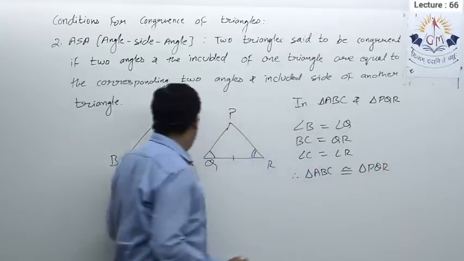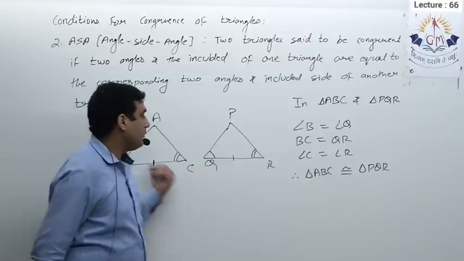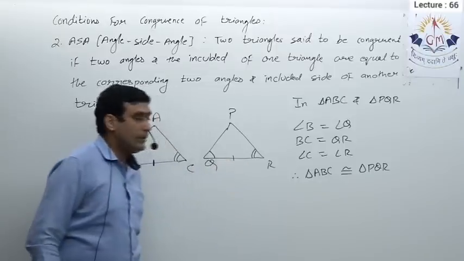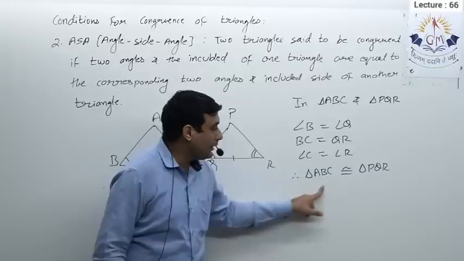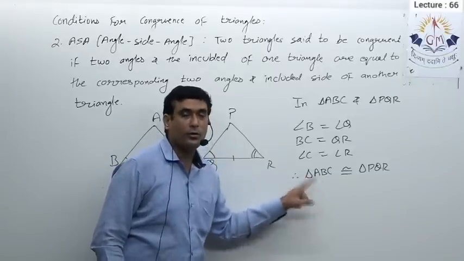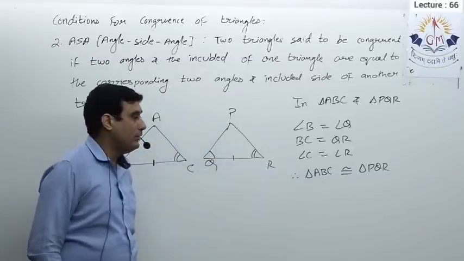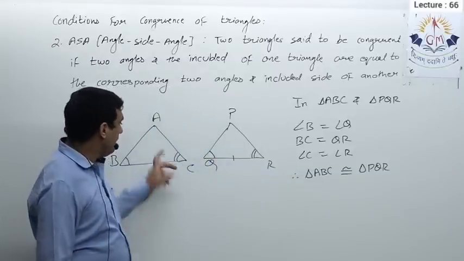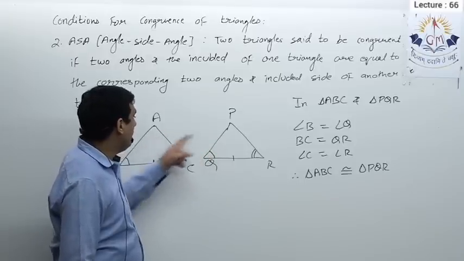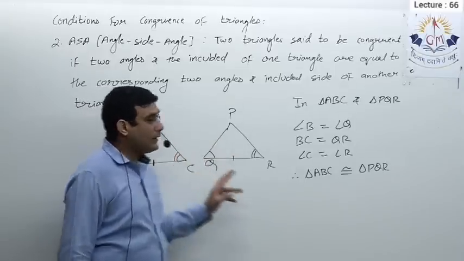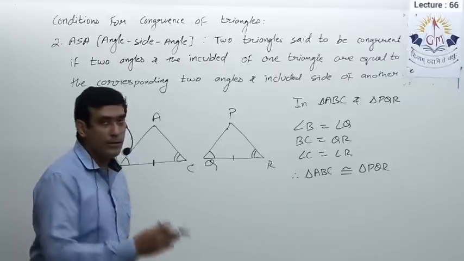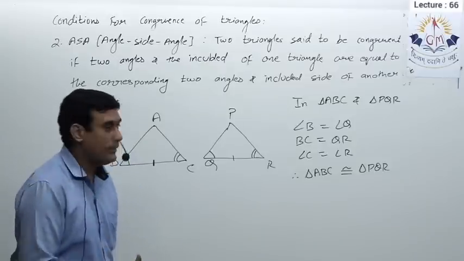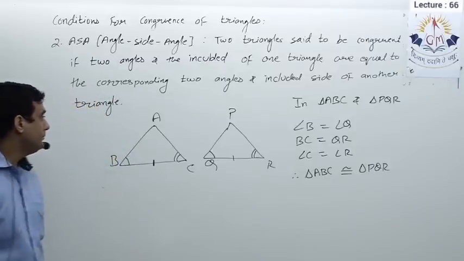Okay, here I gave you the parts in such a way so that you can write the order directly. But suppose the parts are given in a different order, then you have to think over that before you write the correct order of the vertices. Okay, so note it down, then we'll see one example in which I will give you different parts and I will ask you to write the congruency of the triangles in the correct order of the vertices. But first of all, note it down.